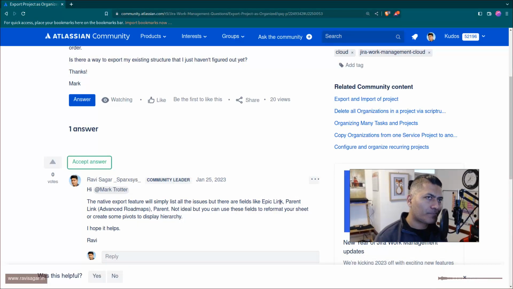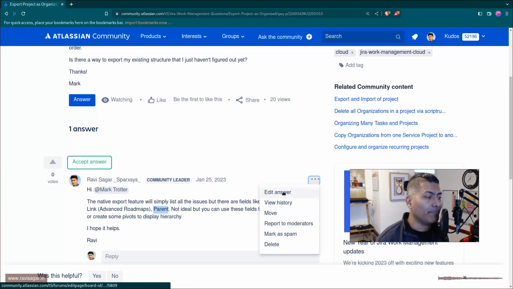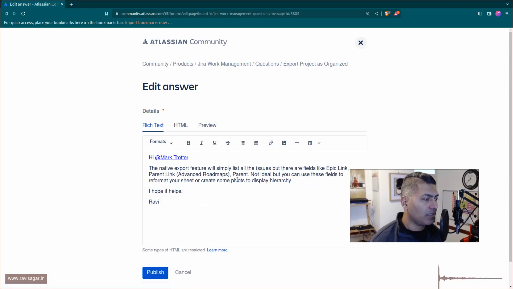if you look at a story, and if that particular story is part of an epic, then there will be something called as an epic link. And this is basically useful because based on this epic link, you can figure out the parent of that story or any other issue type. Similarly, if you're using advanced roadmap, then there is something called as parent link. And if there is a subtask, then you will find one field called parent ID. So this is something that you can use to obviously report,